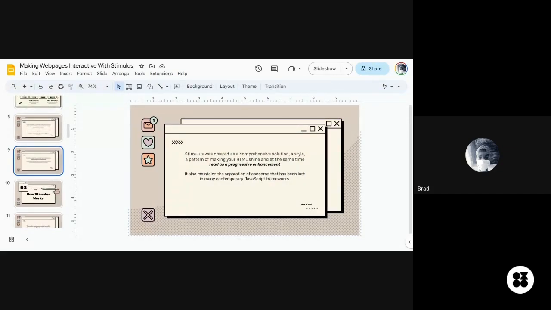You're making the HTML shine, you're not doing any fancy or complex stuff that you will not be able to understand at first glance or even your second glance, for people who take more time trying to understand what is going on in the code base.